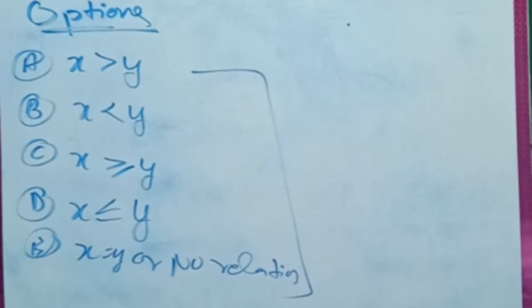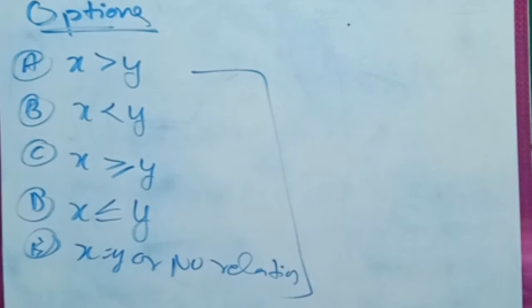So you will get two equations. You have to solve those two equations, find the values of x and y, compare the values of x and y, and then find whether x is greater than y, or x is smaller than y, or x is greater than or equal to y, or x is smaller than or equal to y, or whether there is a relationship between the two variables or not. So this kind of options you usually get in examinations. I hope you understand. So friends, I will explain only one simple question, right?